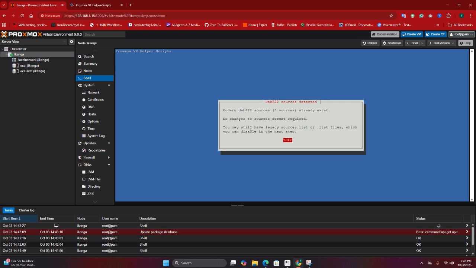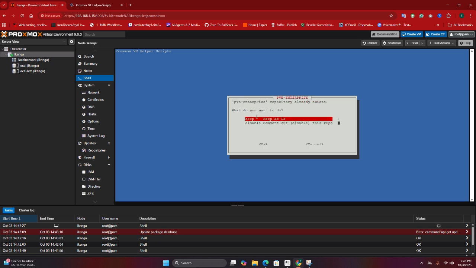select yes. You follow the prompt, the description, modern already exists, no changes to source format required. So what do you want to do? Keep as is, select keep as is, then you click OK. You have to select keep as is. Then yes. The